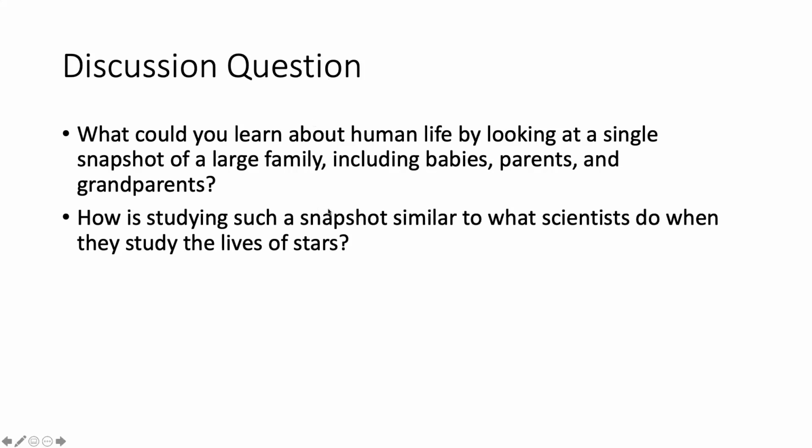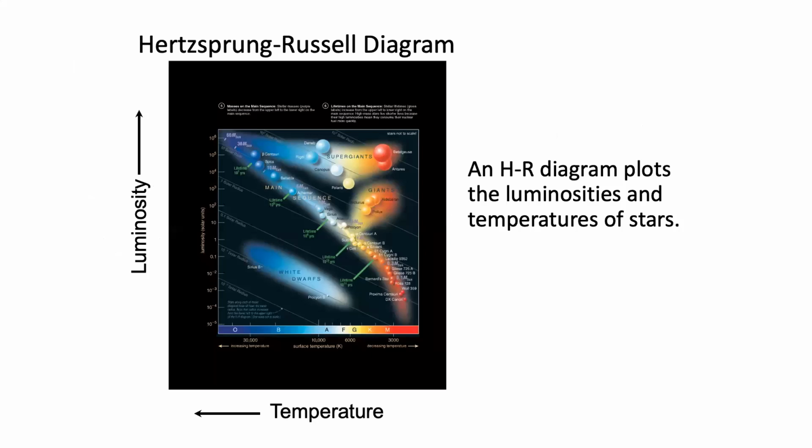And so when we look at stars, we spend time classifying them, and this helps us make sense of what their life cycles will be. So let's start by looking at what's called a Hertzsprung-Russell diagram. That's a bit of a mouthful, so often we will just abbreviate it to an HR diagram.